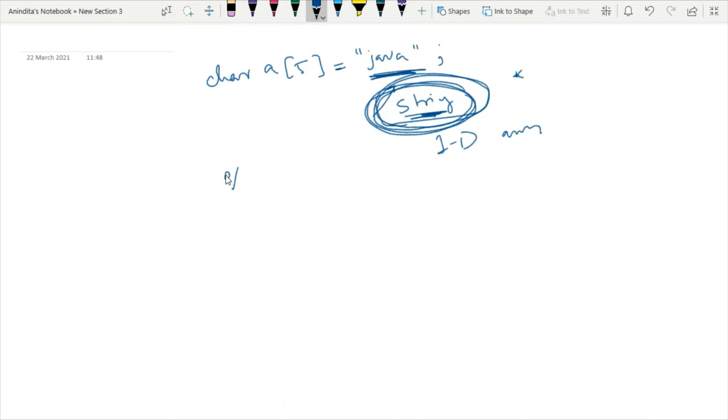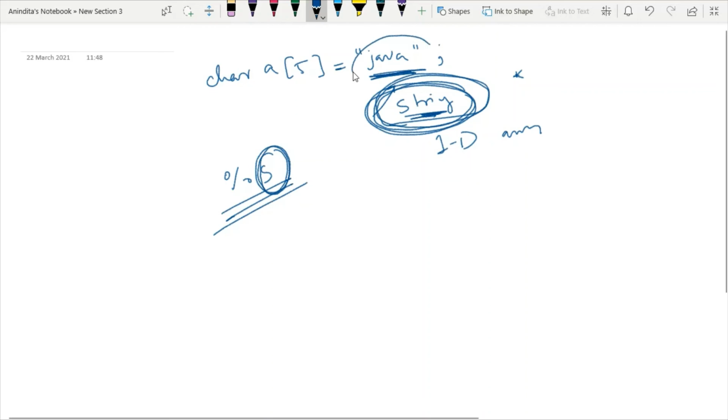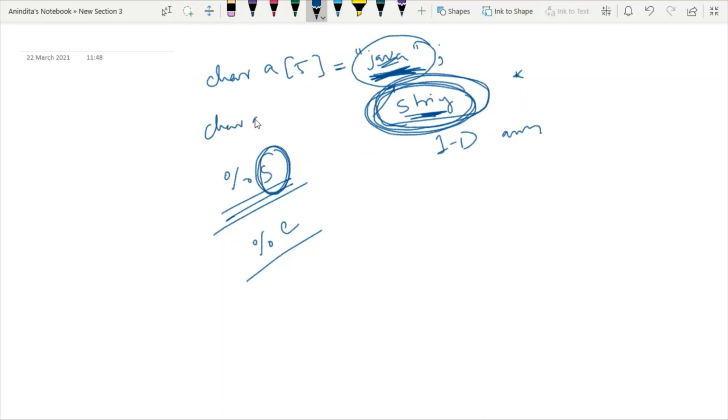Here %s indicates the specifier is of string type, meaning whatever value I am taking is in terms of one word. And whenever I am writing %c, it means whatever input I am taking is in the form of a character, a single alphabet. So this is the difference.